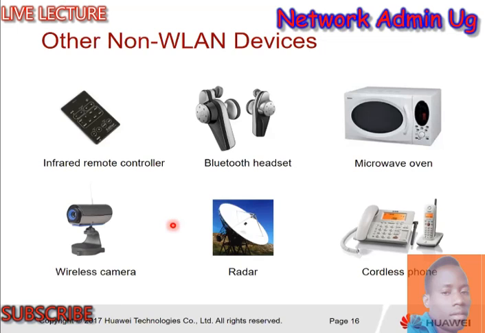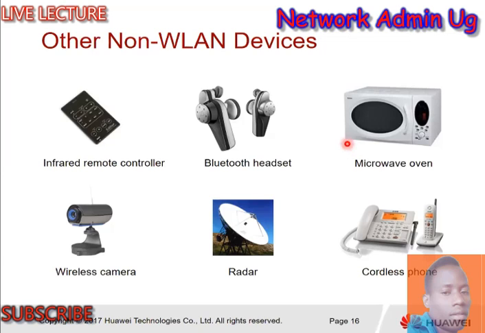2.4 gigahertz. But if we put a comparison between the 2.4 frequency band and the 5 gigahertz frequency band, there is less interference with the 5 gigahertz band compared to the 2.4, because many devices are in the space of the 2.4 frequency band, and few devices can really use the 5 gigahertz because it is an extremely high frequency. So more devices begin to use the 5 gigahertz band,